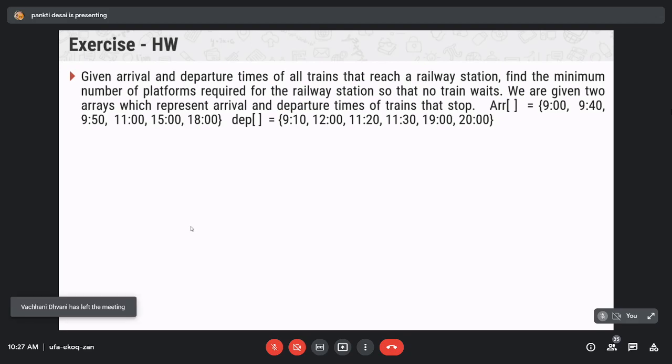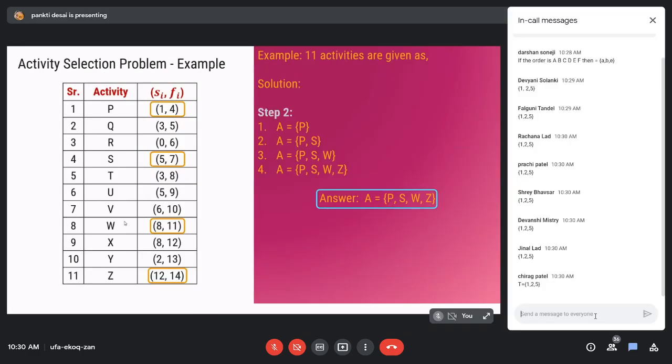The arrival times and departure times are 9, 10, 12, 11:20, 11:30, 19 and 20. All of you solve this example in your notebook, 1 to 5.